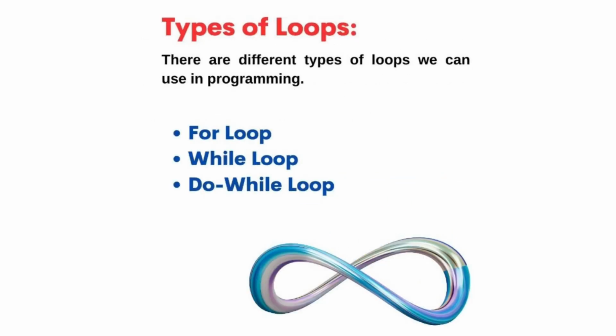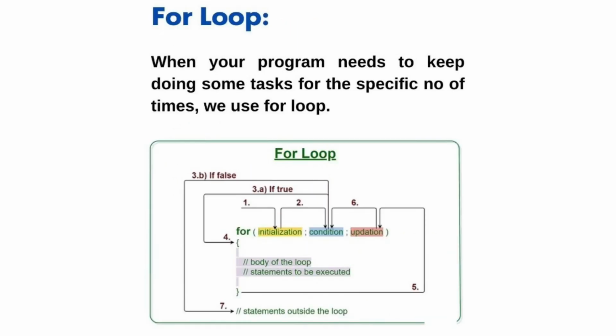Types of loops. There are different types of loops we can use in programming: for loop, while loop, do while loop. For loop: when your program needs to keep doing some tasks for a specific number of times, we use a for